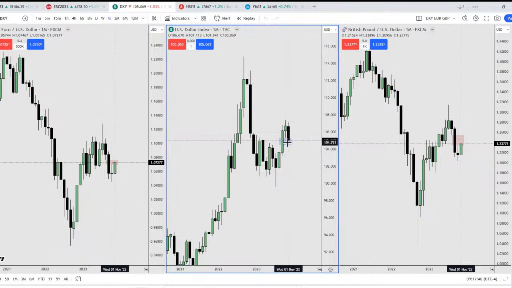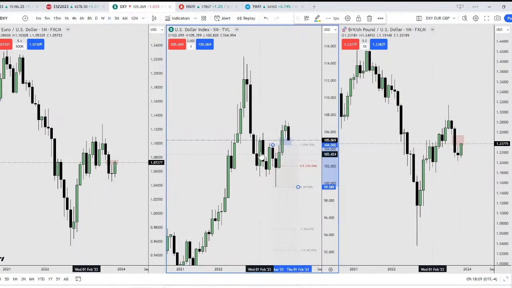Okay, so for me, I am still bullish on dollar until it closes below the mean threshold of this order block. Okay, so mean threshold would be right here. Any price on the monthly basis closing below the mean threshold, then I would consider bearish prices for dollar. But right now at this point in time, I'm still bullish for dollar, and at the same time it has higher time frame objectives that have yet to be met.